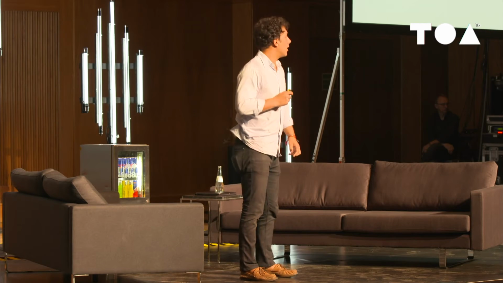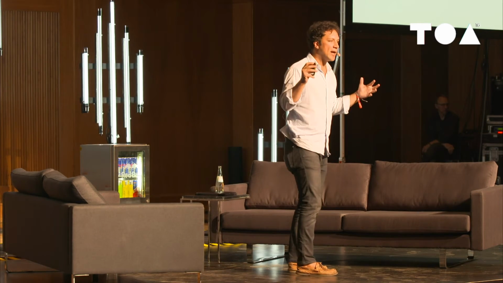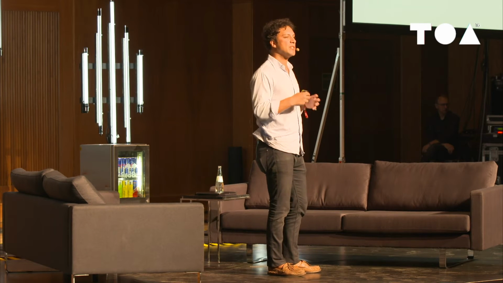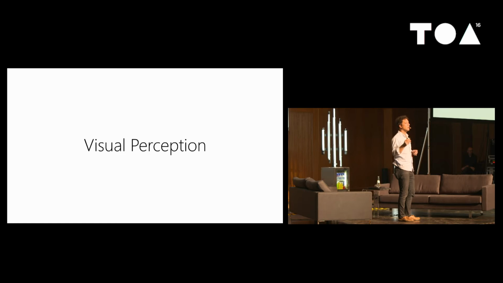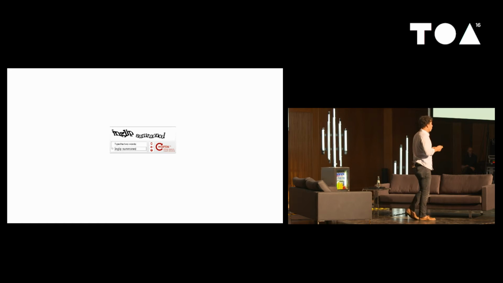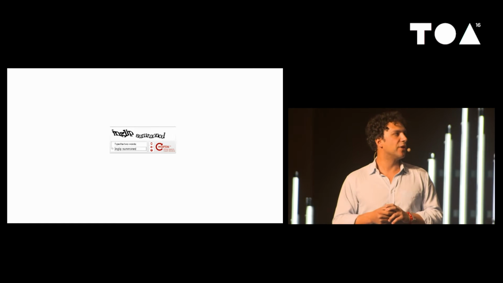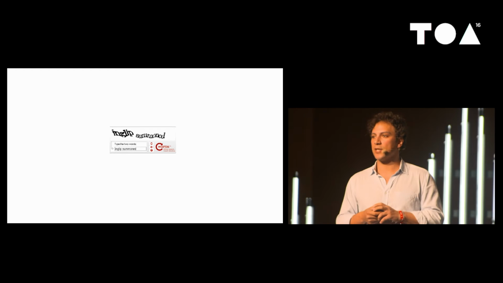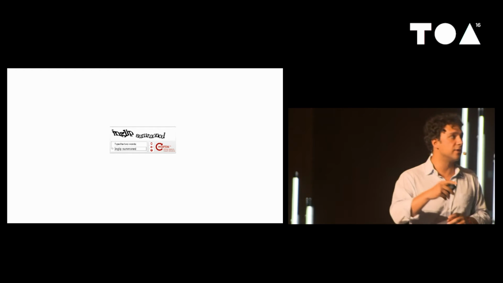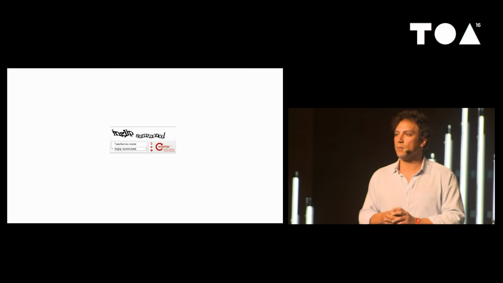Let's talk about some things that you can do with this type of technology. The first general domain is visual perception. And that's something we take for granted. We can look at a scene and we immediately understand what's going on. But computers have struggled with this. In fact, we are so sure that computers can't do visual perception tasks that we use them to make sure that you're not a robot. If you've ever filled out one of these CAPTCHAs, that's exactly the concept here, that the computer can't read the image. And in fact, yesterday, if you came to the talk, the CAPTCHA project was my undergraduate research, and my undergraduate research advisor was Luis von Ahn, who gave, I believe, the keynote yesterday. So good continuity in the programming here.